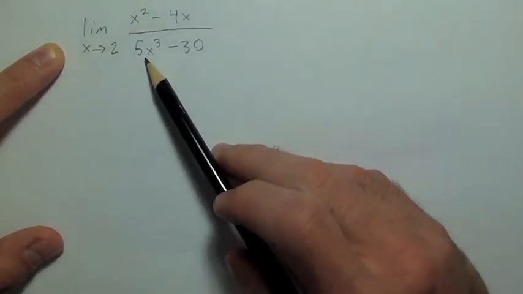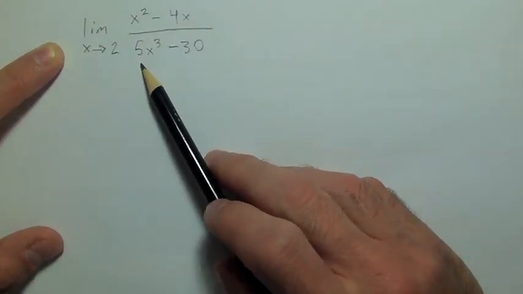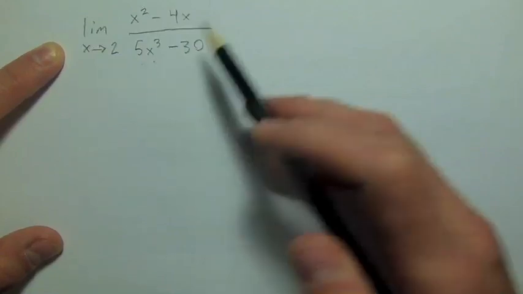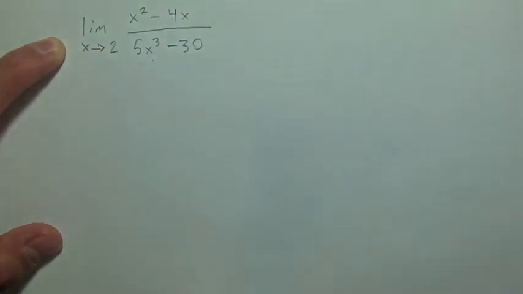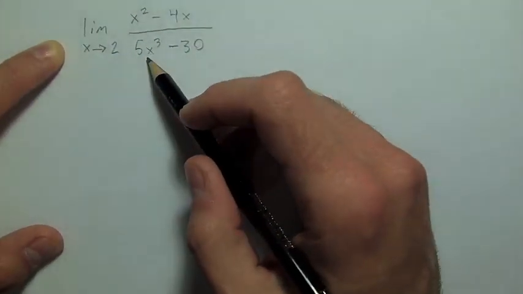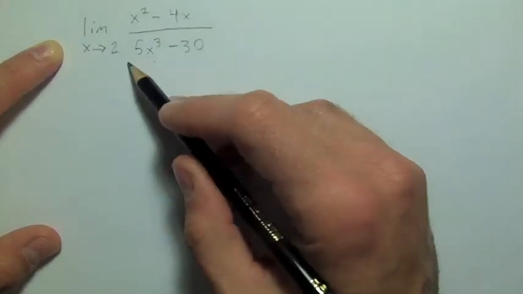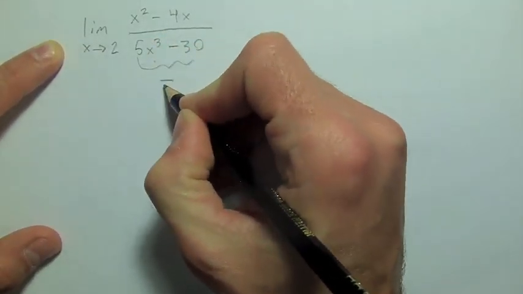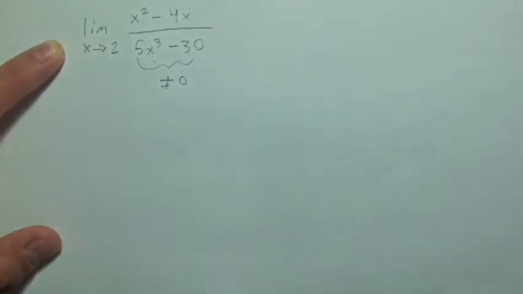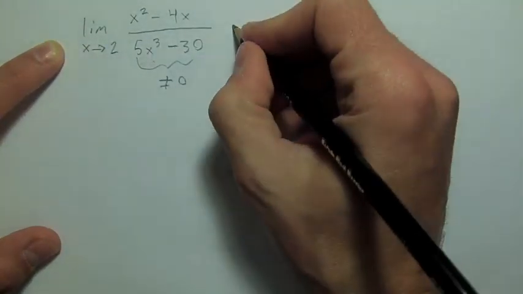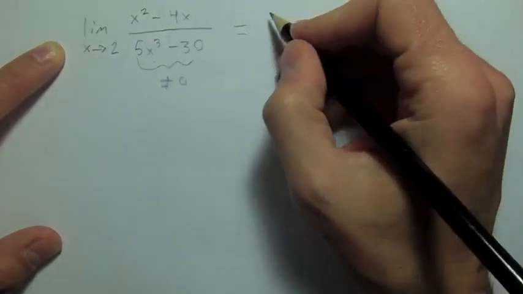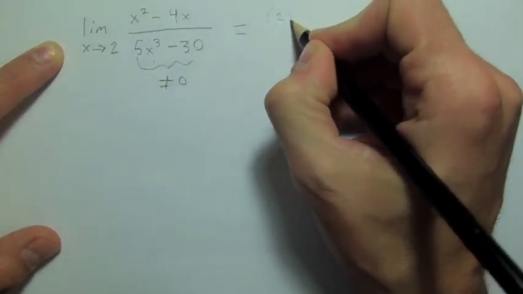But if I plug 2 into the denominator here, I'll get 5 times 2 cubed, which is 8, so that will be 40 minus 30. This is not equal to 0, so we should be fine. But let's just try and plug it in. So if I plug in 2,